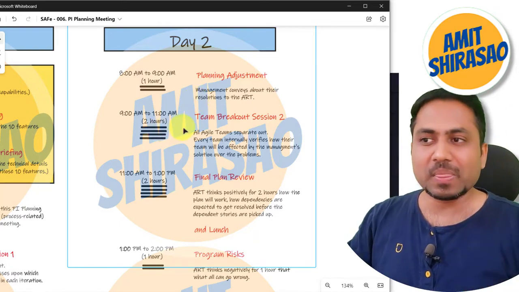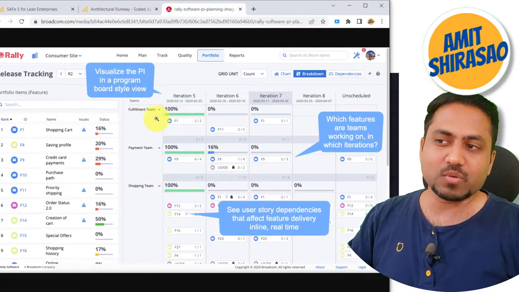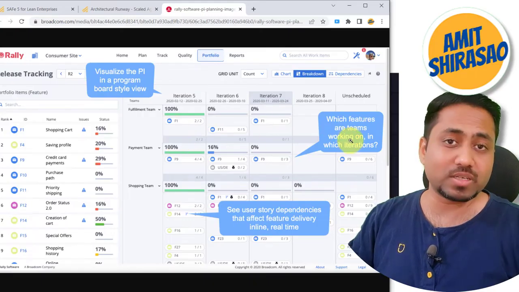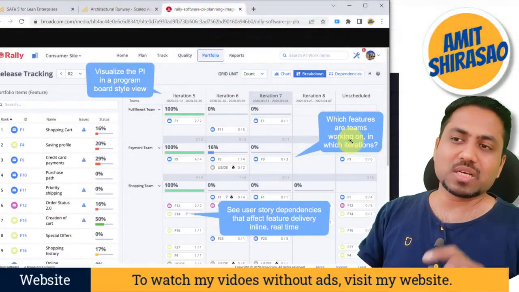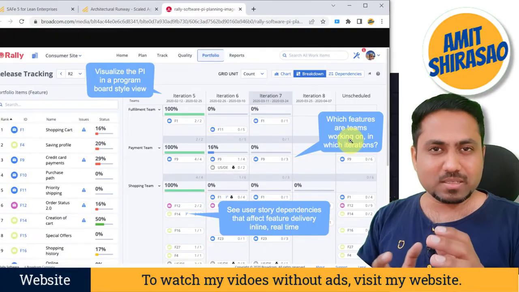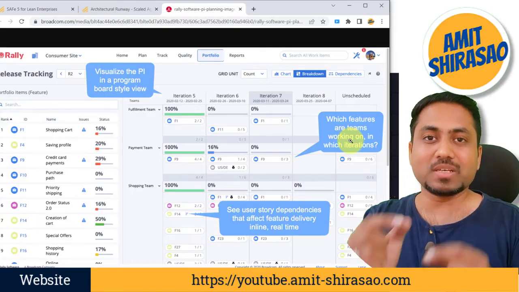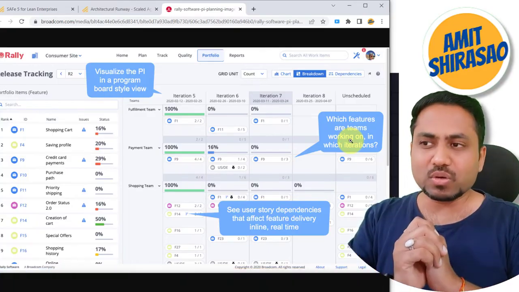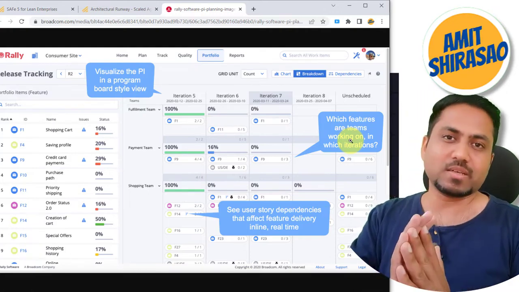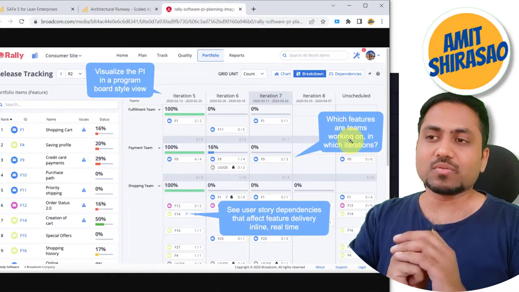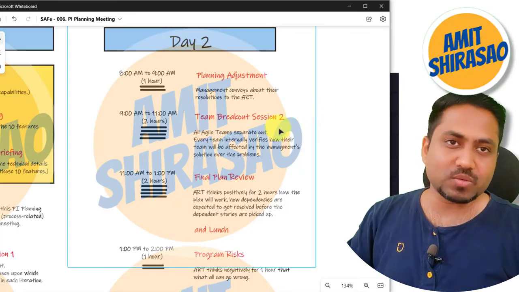So only 2 hours are given, and once again every team selects this filter, that my team, okay, and in my team, what am I doing, is it going to fit into my capacity, is it going to work out overall. See, here also we are just trying to guess whether it's going to work or not. We are not going to see every day's capacity and whether it is going to fit day in and day out. We don't look into that detail as well, but overall, yeah, it's manageable, we can get it done. Overall, the dependencies are resolved, we can get the stories delivered in those particular iterations. That is what the teams see in team breakout session number 2.